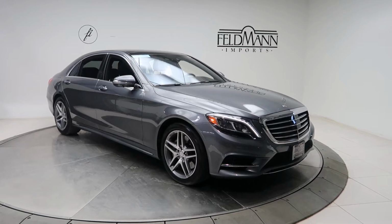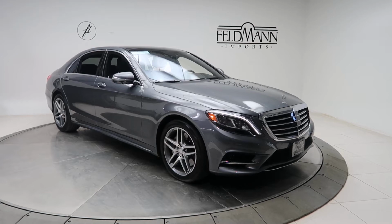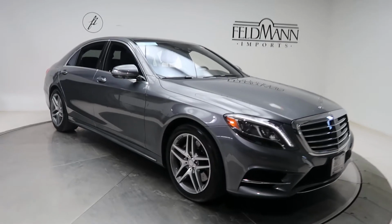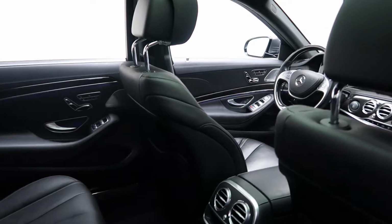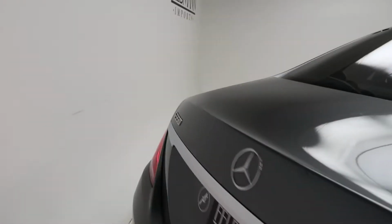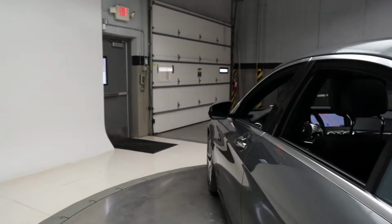This one comes with the sports package with sports exterior and interior, 19-inch 5-spoke AMG wheels, black leather interior with a black poplar wood trim, panorama sunroof, ambient lighting, warmth and comfort package with front and rear heated and cooled seats, S550 4MATIC badging, power liftgate, clean set of all-season and regular floor mats, driver's assistance package with active blind spot